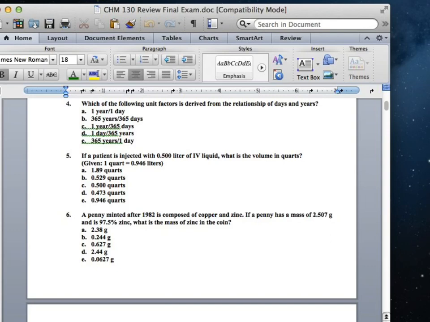Which of the following unit factors is derived from the relationship of days and years? Well, what is the relationship between days and years? 365 days is 1 year. I'm just going to write YR. So that is our mathematical expression of equals. What they're now listing out is the fraction version of it. So what we're looking at is 365 days per 1 year, or the reverse, 1 year over 365 days. You'll notice they gave a whole bunch of other weird conversions, but we're looking at